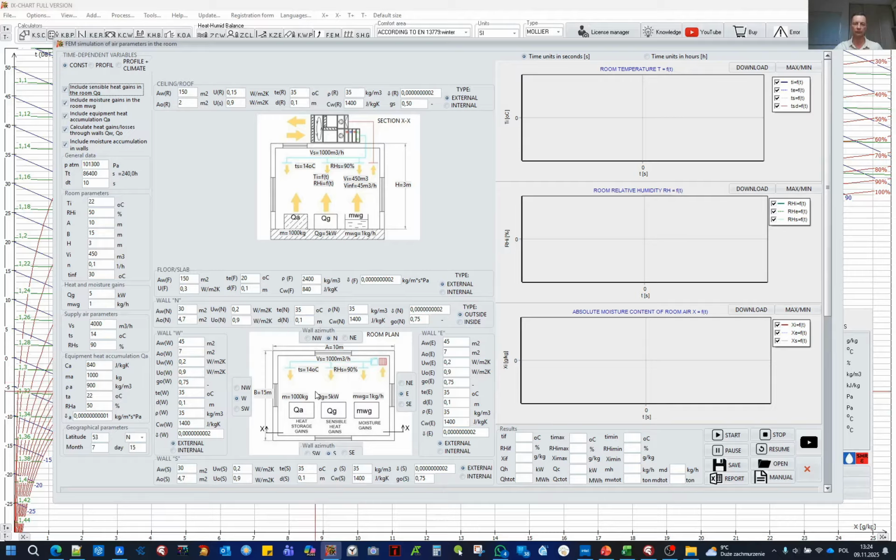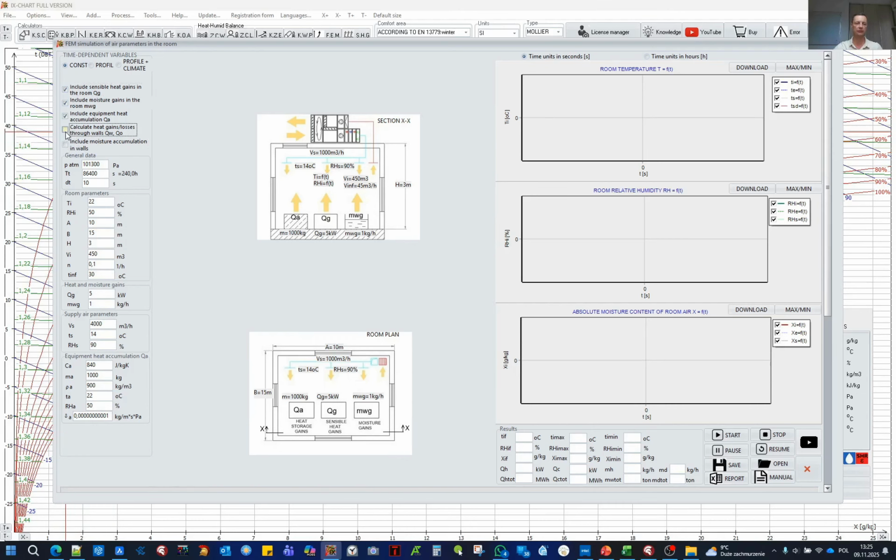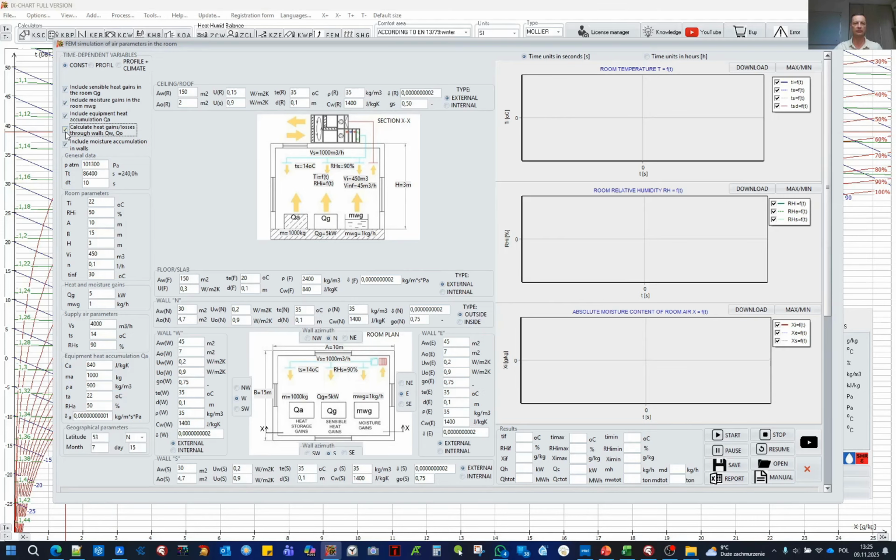Also, the gains released by the equipment located in the given room. Here we generally have our main menu where we choose what should be included in the calculations and what should not. We can freely check or uncheck options. Then the amount of data we need to input